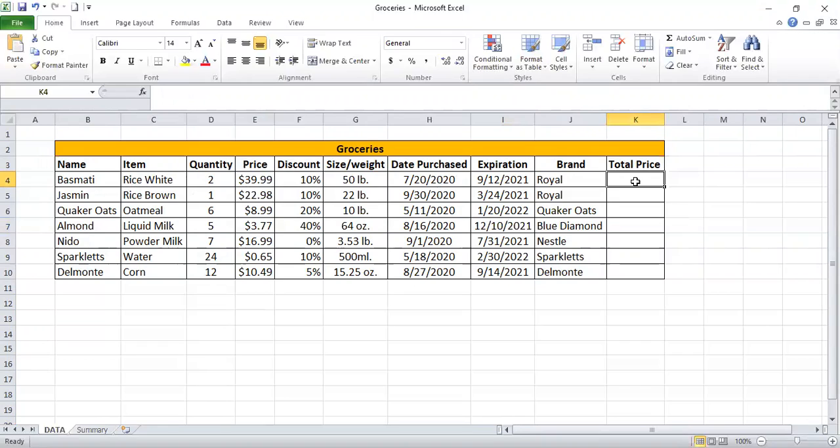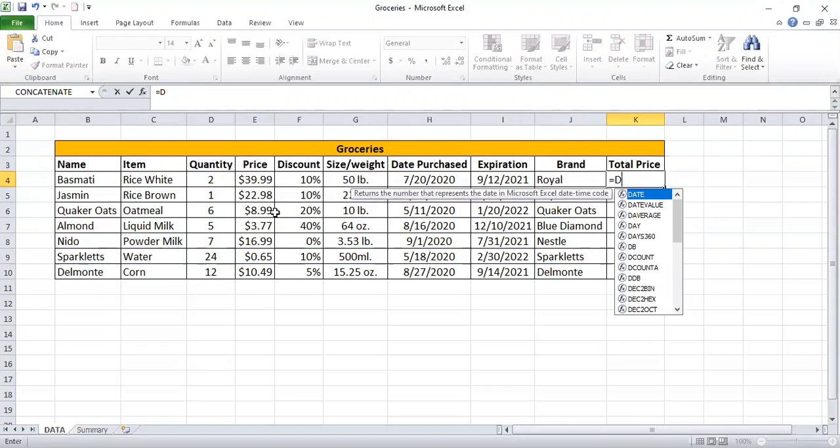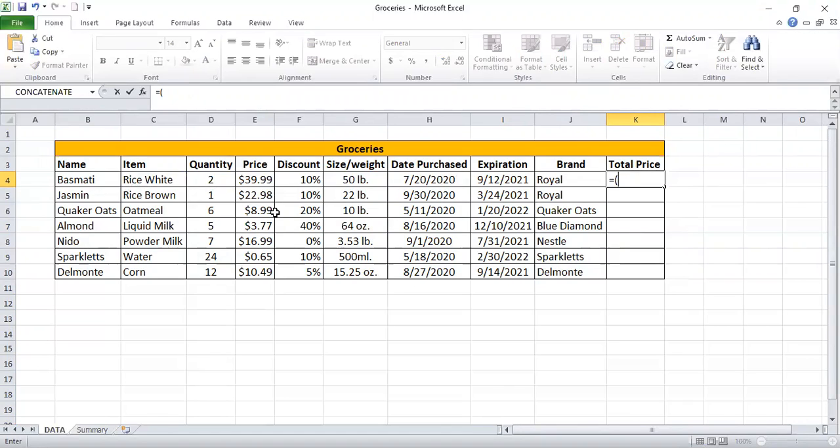What I'm going to do is click the equals sign and then open parenthesis, and then the quantity times the price, and then close parenthesis again, and then times, and then open parenthesis again, and then type 1 to get the discount, subtract, and then click the discount, then close parenthesis.